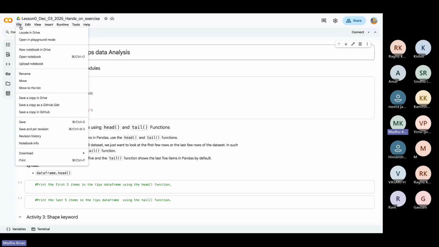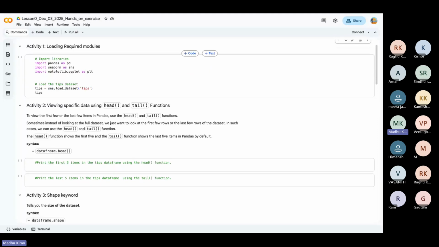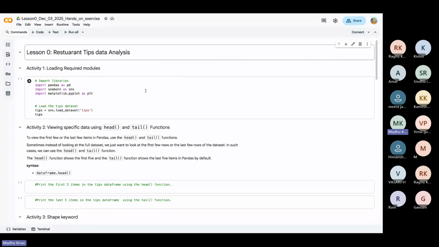Usually you go to File, see Save a copy in Drive, and click on it. A copy of this Colab notebook will be saved directly onto your Google Drive, so you don't have to search for these copies. This plan is easier because we have 100 lessons, and I don't want you to search for files here and there.